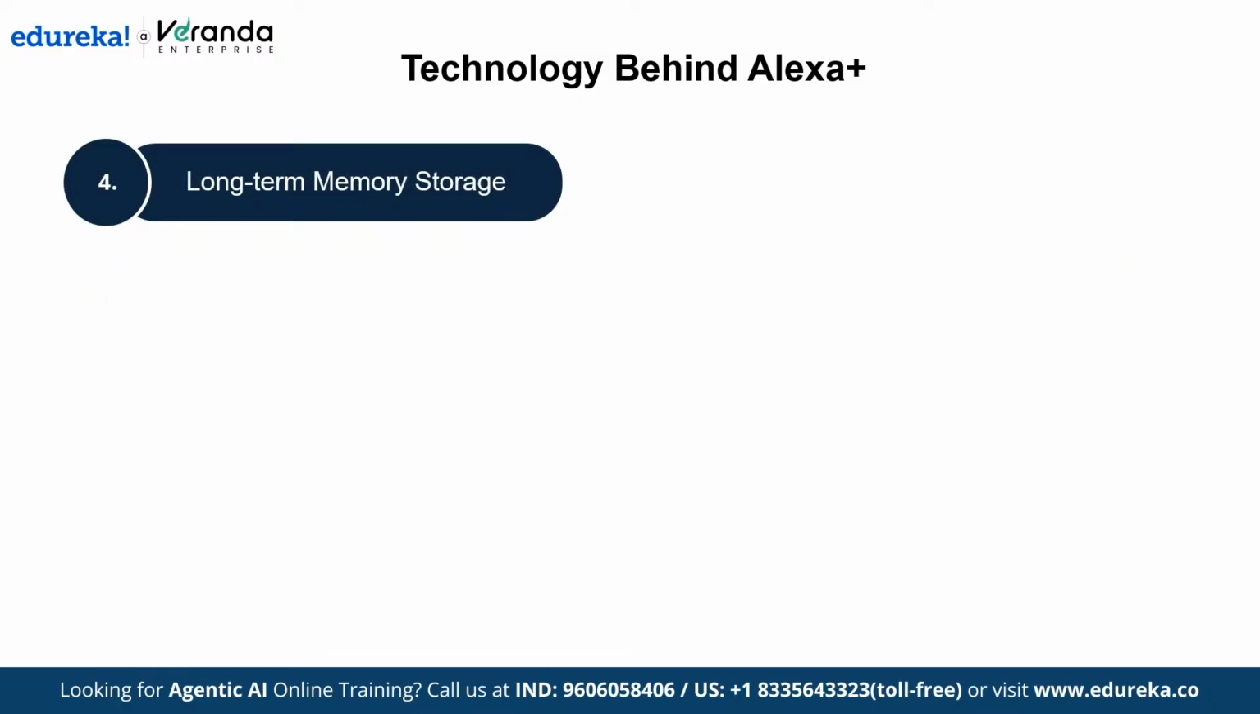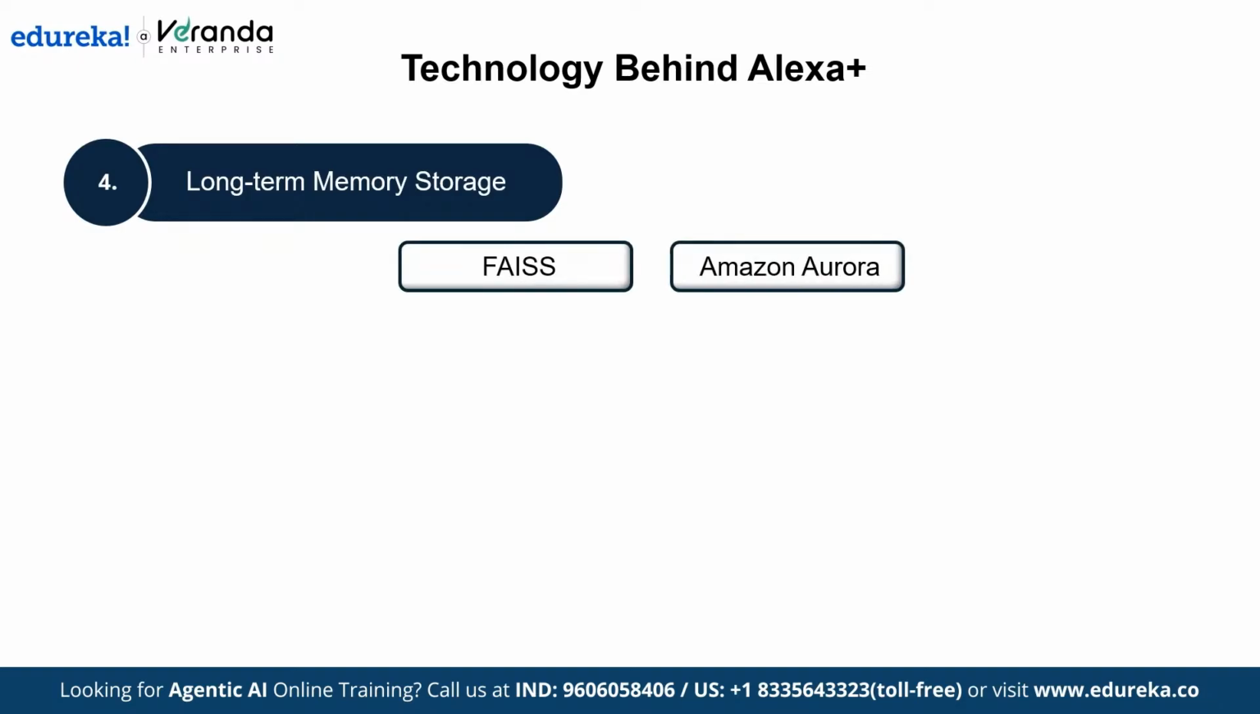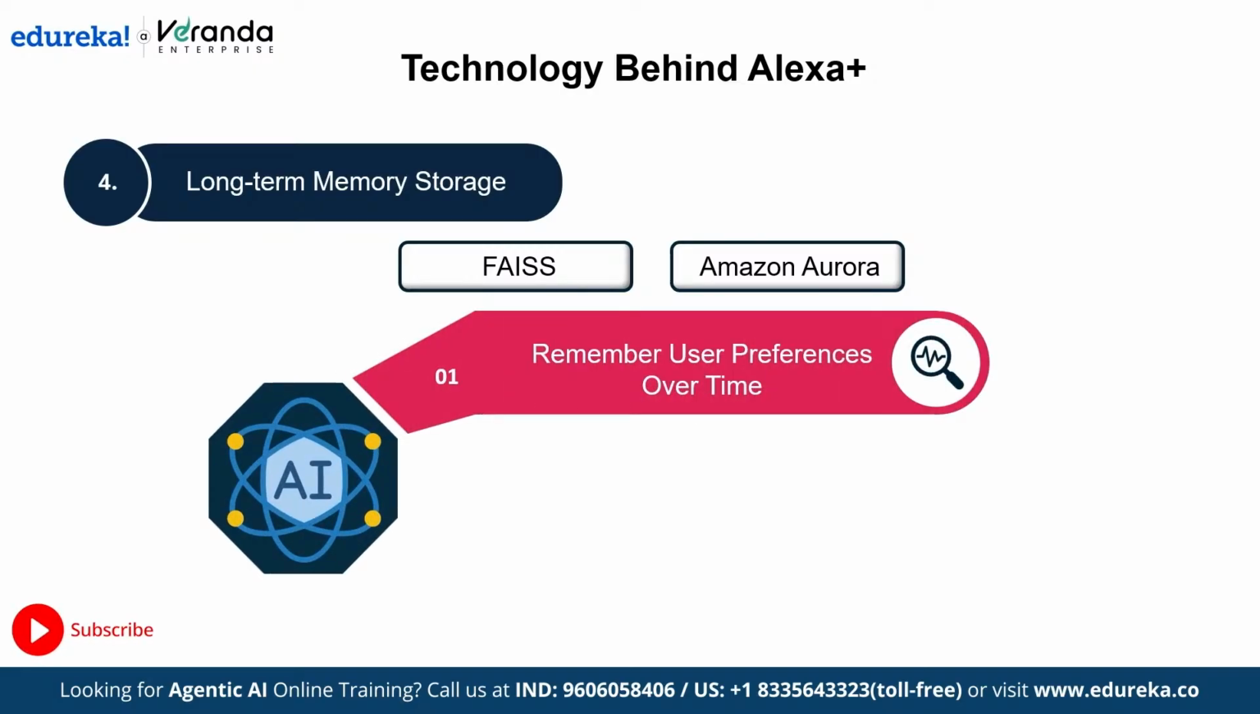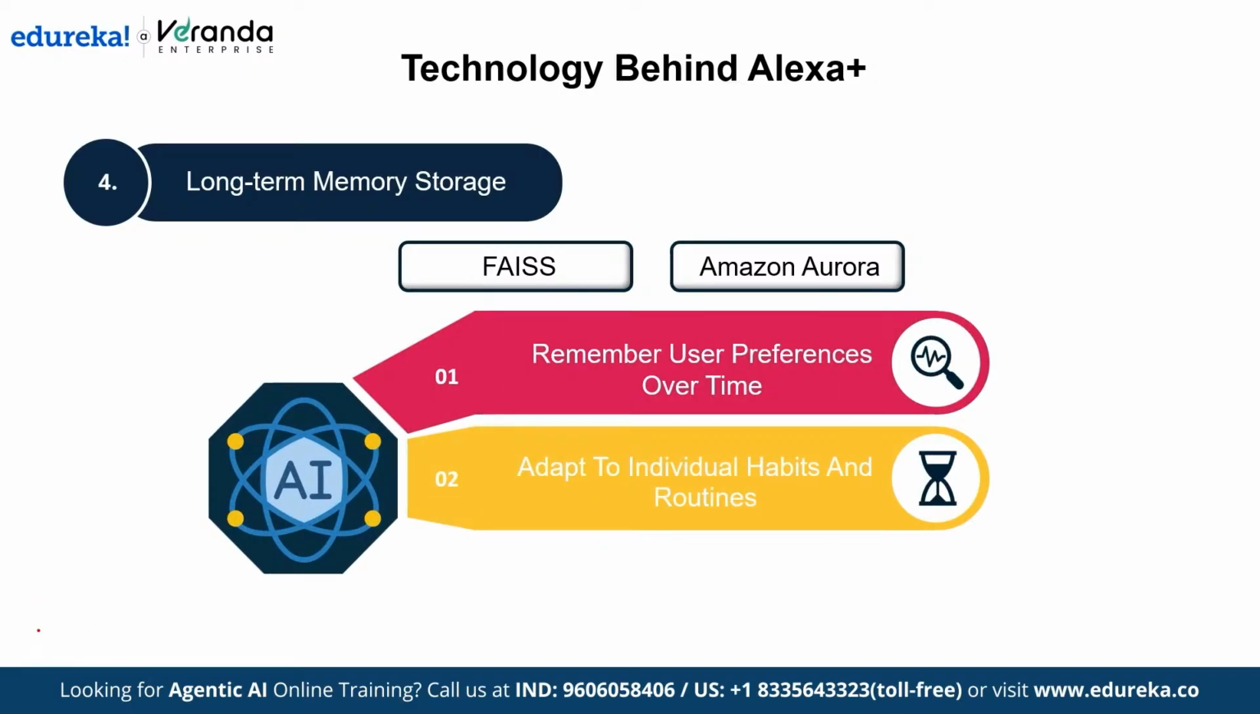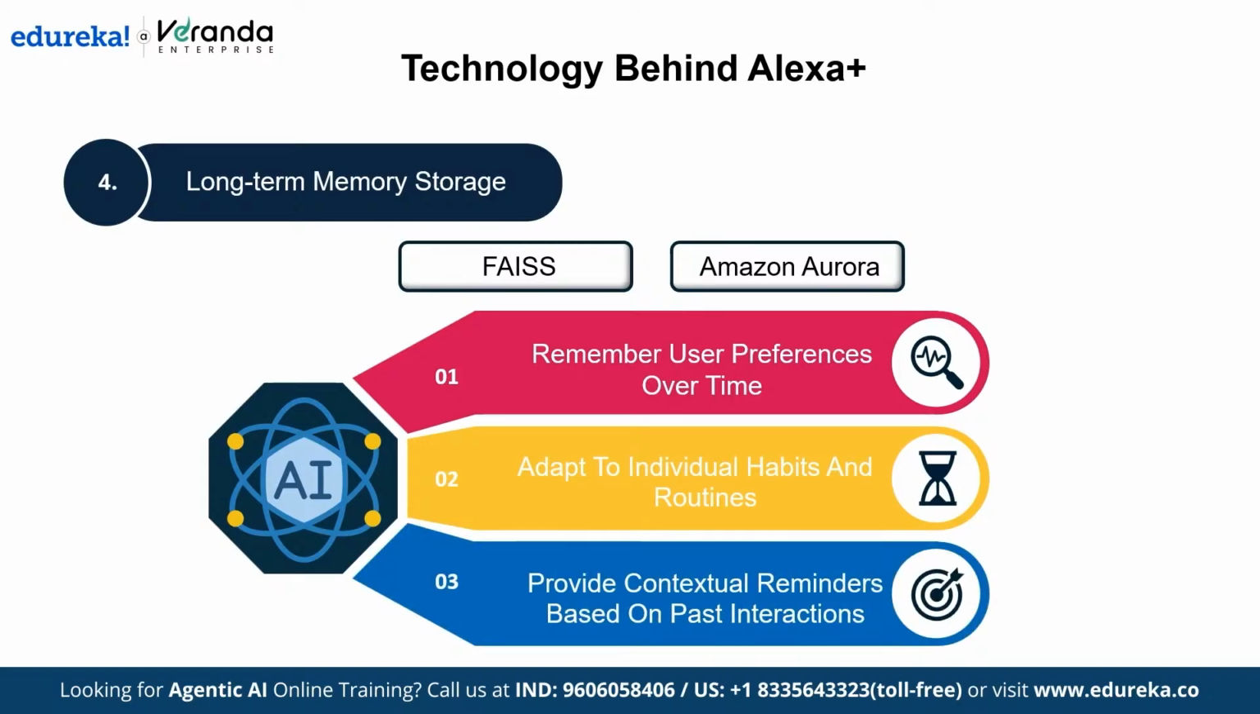Alexa Plus integrates long-term memory storage using vector databases like FAISS or Amazon Aurora, allowing it to remember user preferences over time, adapt to individual habits and routines for a more personalized experience, and also provide contextual reminders based on past interactions. This deep personalization is what makes Alexa Plus feel more like a true digital assistant rather than just a